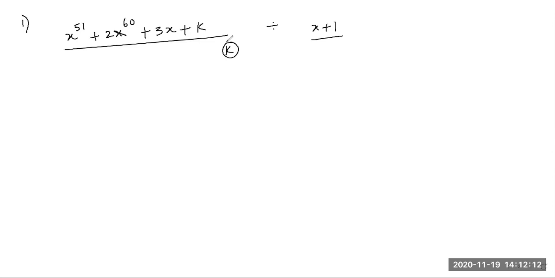No, you have not spoken properly. If it is divided by x minus 1, we cannot find k. It is written that this polynomial is divisible by x plus 1. When we say that this polynomial is divisible by x plus 1, that means x plus 1 is a factor of the given polynomial p of x. So let this polynomial be p of x.